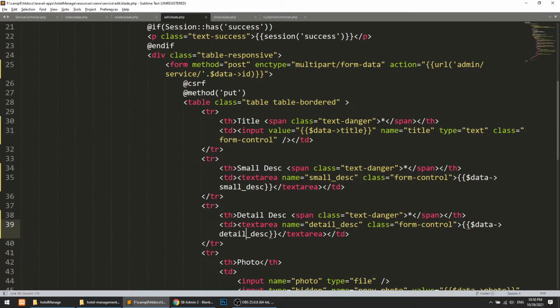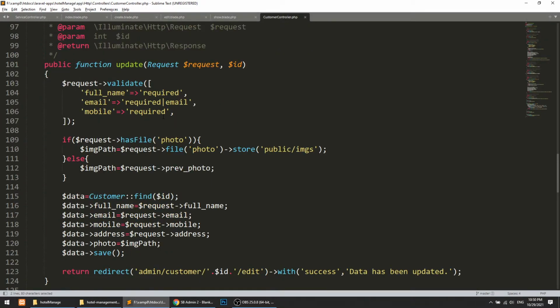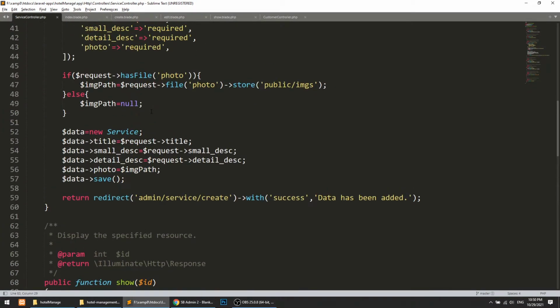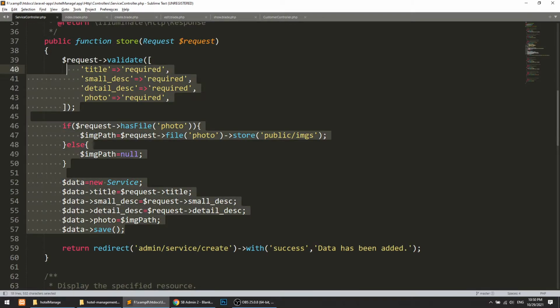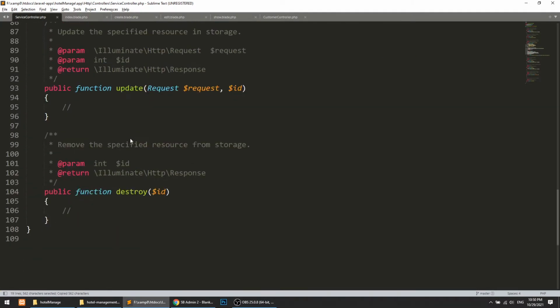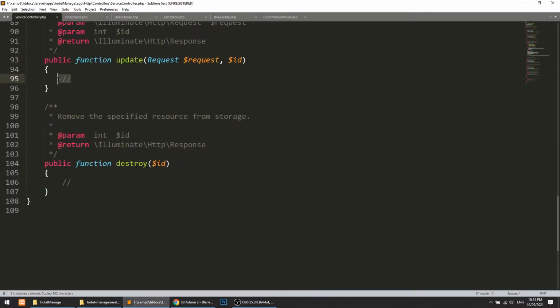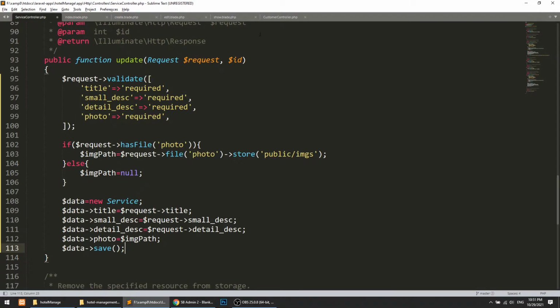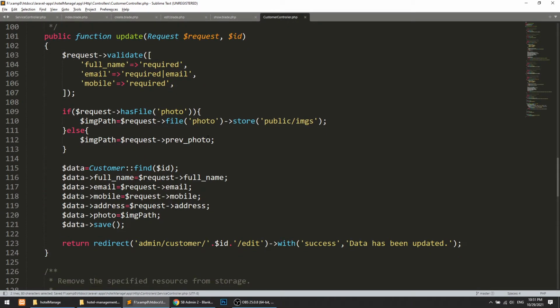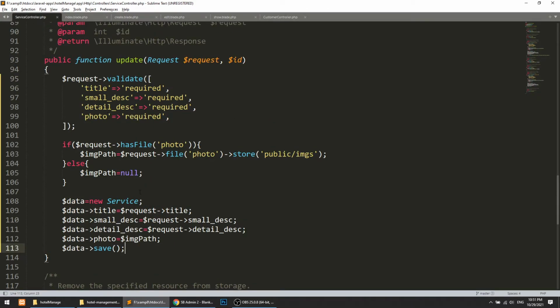One thing more we need to define. I will copy all this code and paste it here. Now let's see the difference for the update. There is no difference. You just need to check this: if we are doing the update, then we need to find the data, and then we will save the data.